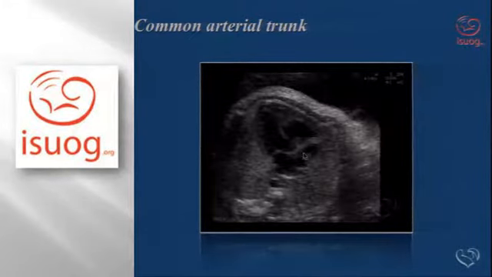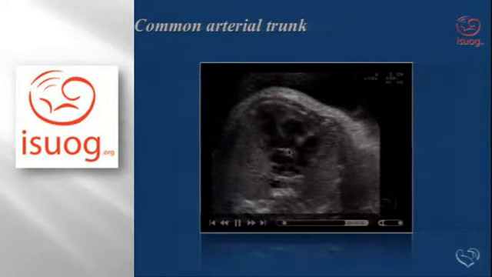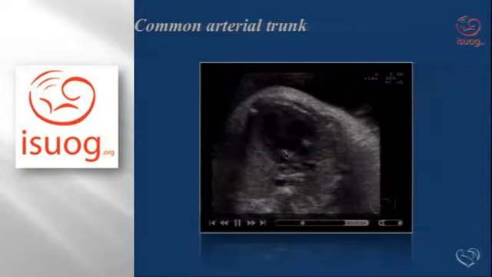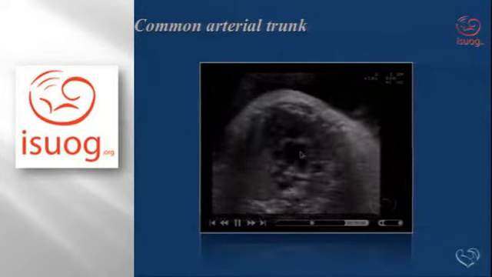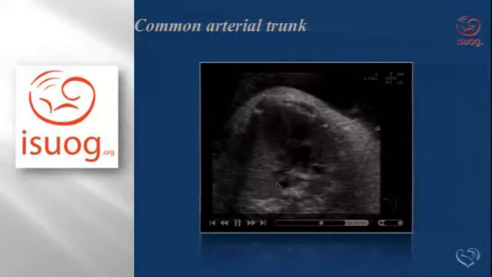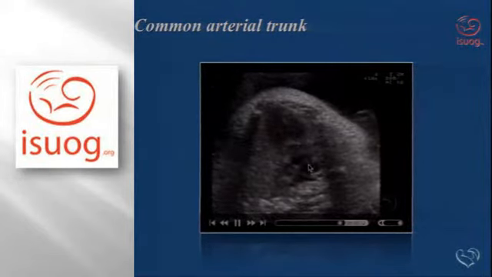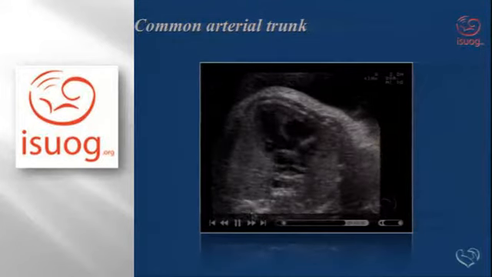And this is again from another patient with a trunk where you can see a bit more of the large VSD here, but you also see how the leaflets of the truncal valve are slightly thickened, and as we come up we see that bifurcating and then continuing as the